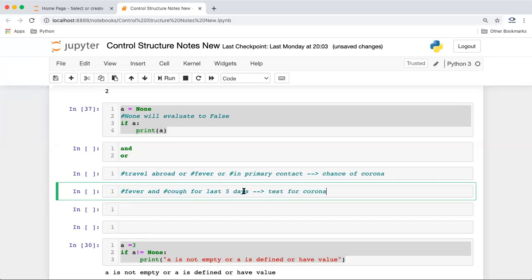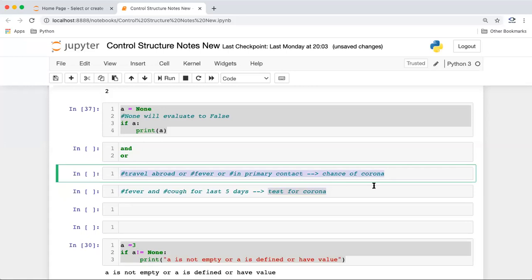So both the conditions should be true. You should have fever also, you should have cough, and at least for the last 5 days, then you can go for a test for corona. Otherwise, government will not test you, right? So in this case, both the conditions are true, then you can go for the test. In OR, if any condition is true, you have a chance of corona.